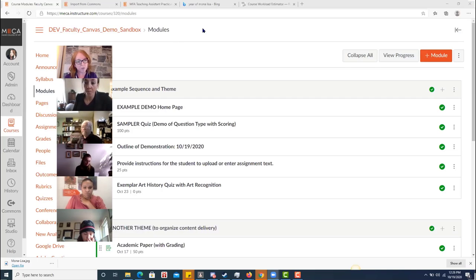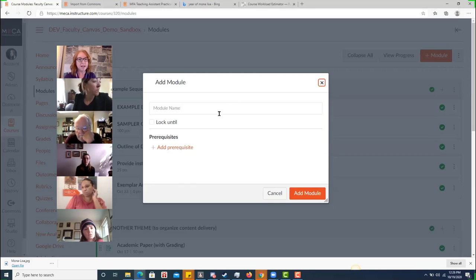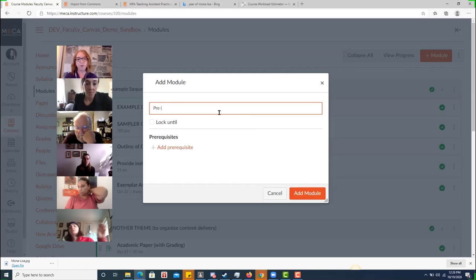But no matter how you're organizing your content, you're organizing it using the tool called modules. And your students will have the easiest time navigating your content if they use the button called modules. So what you're going to do is create a module for every theme or project or date range you want. So I'm going to do plus module, and I'm going to create a module called pre-Raphaelite, since